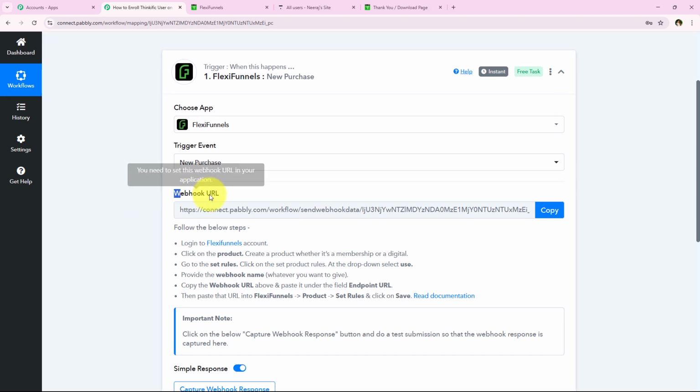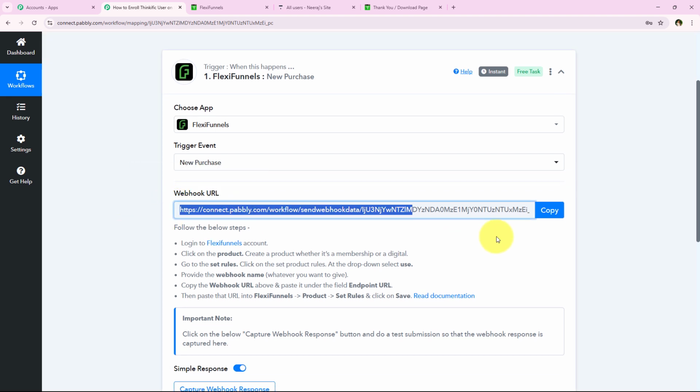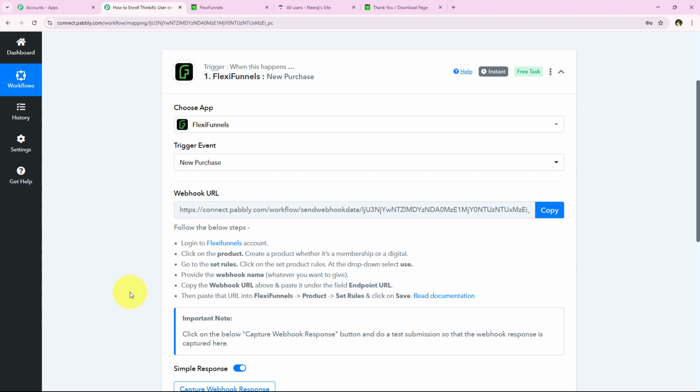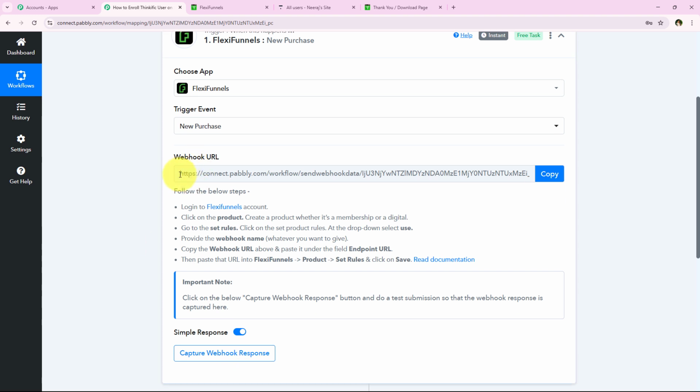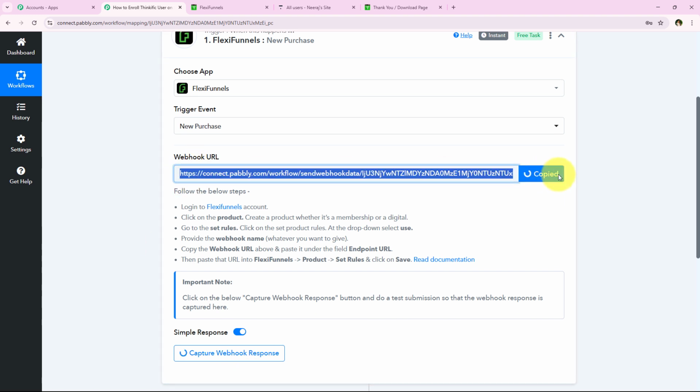And now it is giving me a webhook URL. So we are going to use this same webhook URL in order to create a connection between our FlexiFunnels account and our Pabbly Connect's workflow. So what we have to do is, first I'm just going to copy this webhook URL, and then we have to